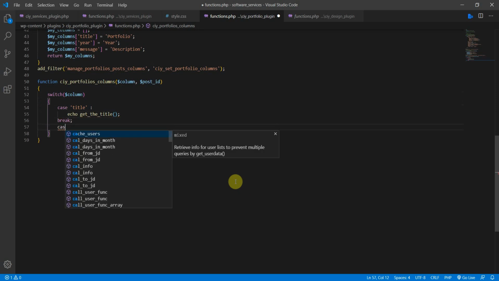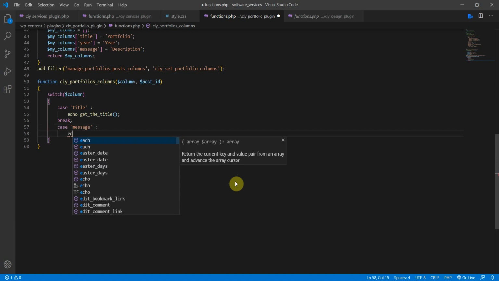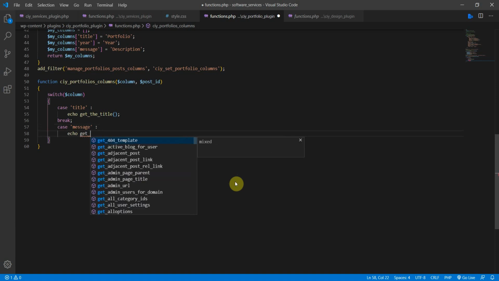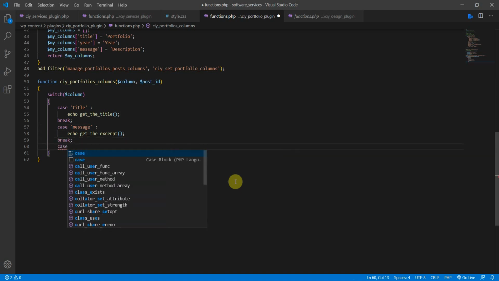Okay, and the next case is the message. And after that we need to echo get_the_excerpt, because if we write a lot we don't want the whole text, just the excerpt. All right, and then let's break that one there,